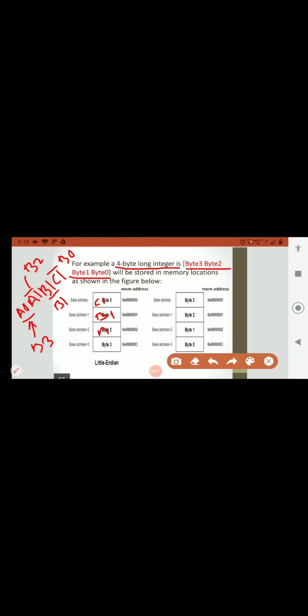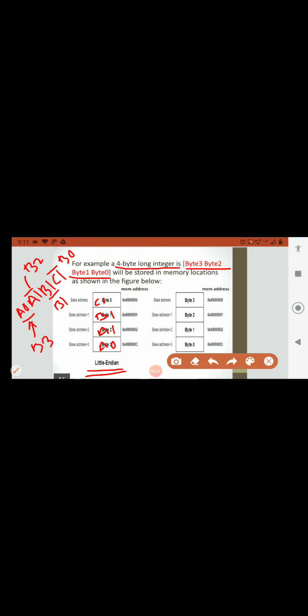That is A1. What is the next byte, byte 3? That is A0. So this is how the data will be stored in these memory locations if you consider Little Endian.